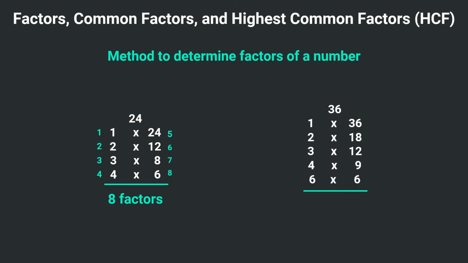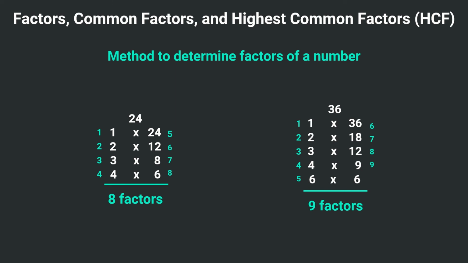Now let's count the factors for 36. 1, 2, 3, 4, 5, 6, 7, 8, 9. So now we won't count this 6 because we have already counted this 6. Because the factors are always distinct, we will ignore one of the 6s to have distinct factors. So now for 36 we have 9 factors. So this was the method through which you can determine the factors of any number and you won't be skipping